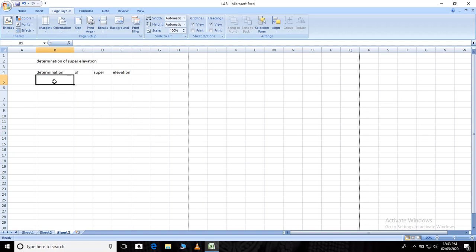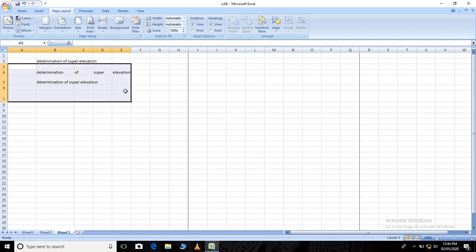When you click on a cell and want to write something, for example, determination of super elevation, you have to type continuously. Don't type each word in a separate cell. Whatever you write, write it continuously in a single cell. Understood? Whatever this part is, is wrong. Type in a single cell continuously. Okay, I'll delete this.